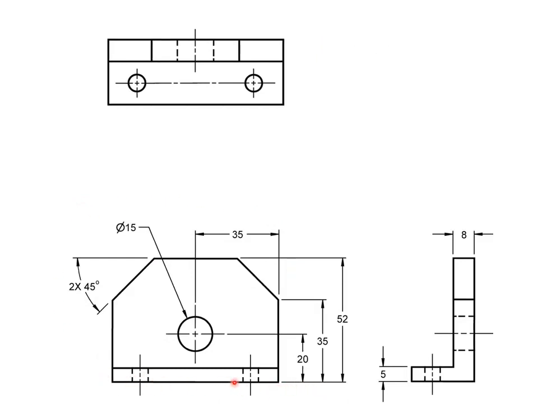So we have the base as a datum, so we're dimensioning bottom to top, bottom to top, bottom to top, and that's how we get 20, 35, 52. And we also have this dimension of 5, which looks better in the side view. So the dimension of 5 units, we could have placed it here with the other group, but it's not clear what this line is doing. But here we can see it's a step, so it's better to leave it on the right side view